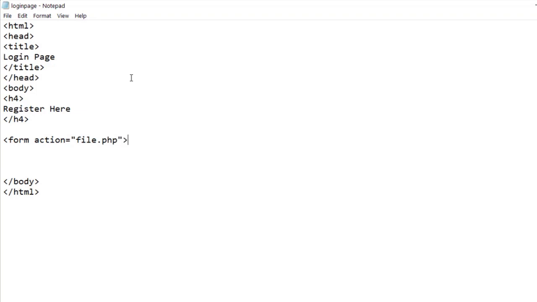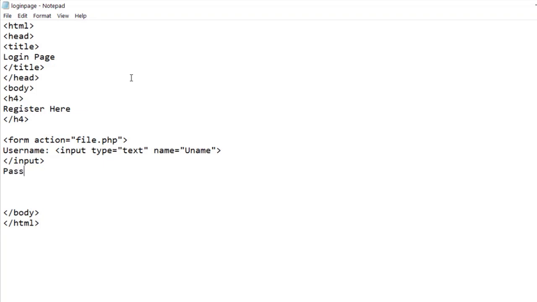Now we write the content and then nest the input inside this. So we write username and then the start input tag. Inside the start input tag, we have the type and name attributes. The type attribute defines the type of input that we want to take. So for usernames, we want the input to be in the form of text. So the value of type attribute will be text. Now we give it a name, that is uname, and then we close the tag. This name is not displayed as part of the content but is used to access the information that is stored inside this input field.